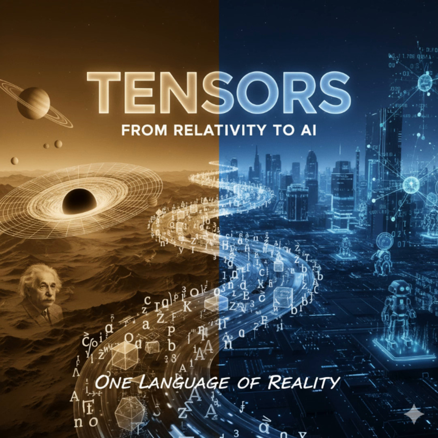Now that's the beautiful part. For the physicist, a tensor isn't defined by the numbers in its array. It's defined by how those numbers change when you change the coordinate system. Okay, unpack that. How it behaves under transformation. Exactly. There's this fundamental principle in physics, general covariance. It basically says the laws of physics have to look the same no matter how you're observing them. Your coordinate system choice shouldn't change the underlying physics. It needs to be objective. Right.